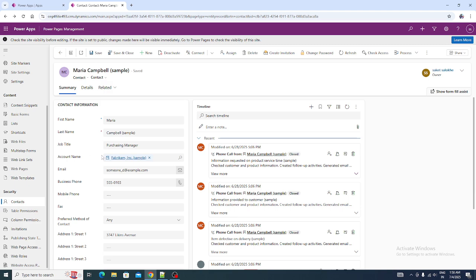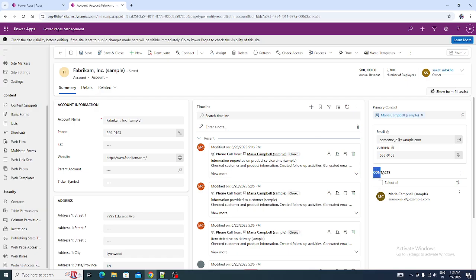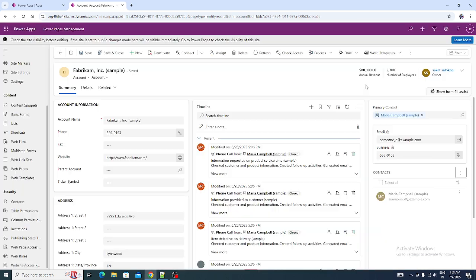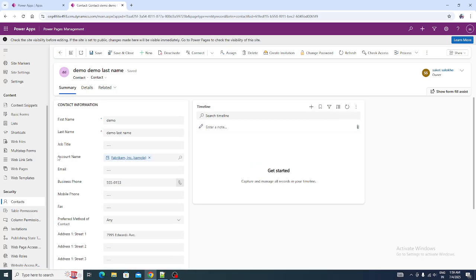So we will see the relationships between the tables in our upcoming lectures. Okay, and so here this account name is called as lookup column, and in this particular record these contacts are nothing but the subgrid. So we may have more than one contacts here or no contacts, so it is a subgrid. So we can add another contact here. So let's add for our just demo. Okay, save and close. Got it. So we have now two contacts under Fabricum account. So just let's open this particular contact, and here now you can see account name as Fabricum. So it is the lookup column, and currently demo contact is also linked to this particular account. So hope you have got this,